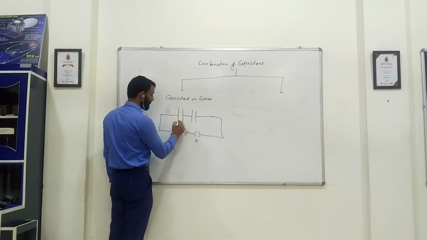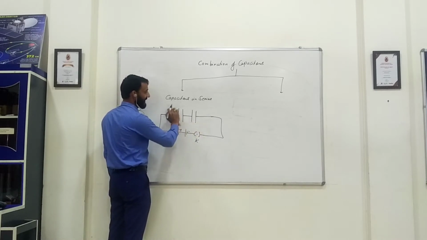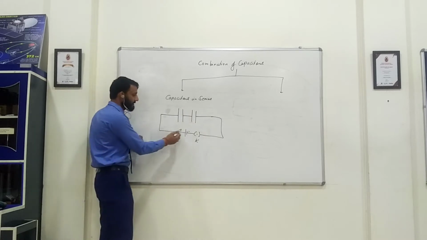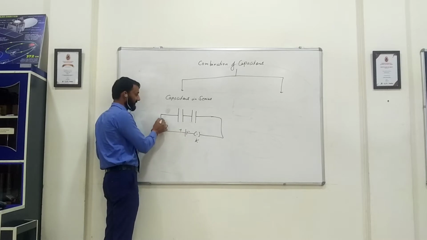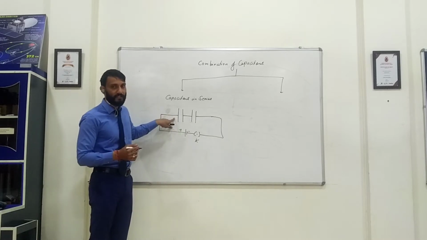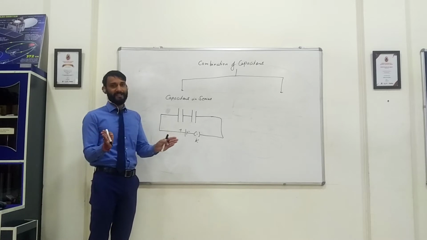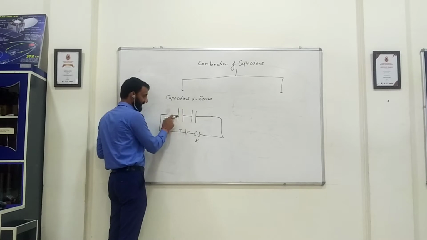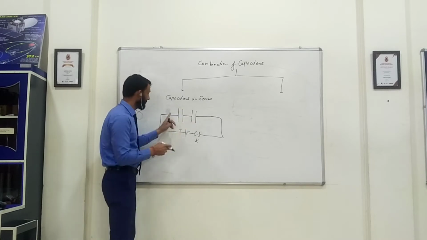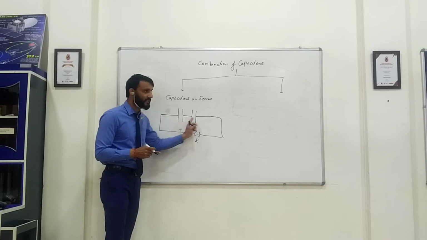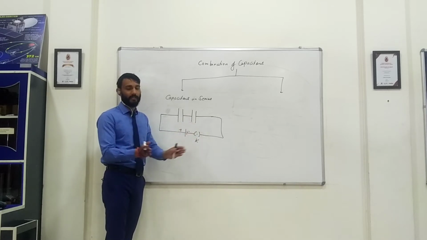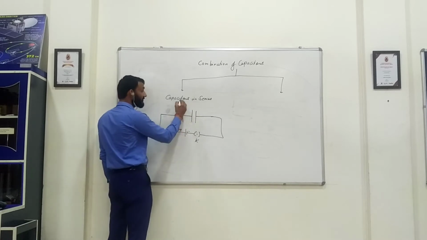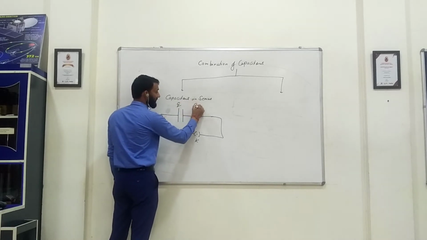Now the charge through these capacitors will remain the same as they are connected in series. And how do we know that they are connected in series? Because when the charge from the battery starts moving, it is not getting two different paths. It is passing through a single path only. Whatever charge is passing through this capacitor has to pass through the other capacitor because they are connected in a single line path, not in two different paths, right? So charge through this is Q, charge through this is Q.